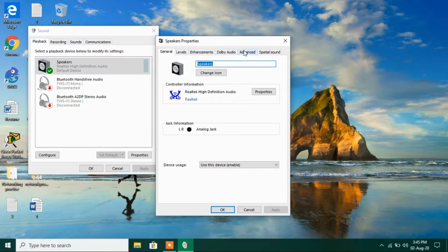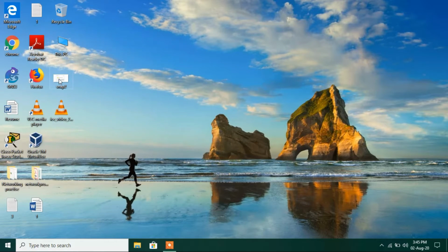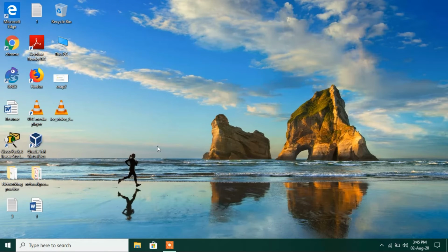I went to the Advanced tab and clicked on the Test button, and I got a message: failed to play test tone. So if you are also getting the same error message and your system sound isn't working, then I have some fixes for you that you can try out.